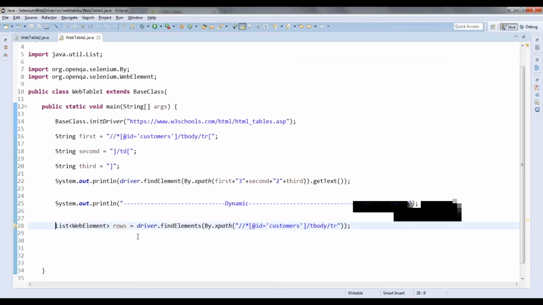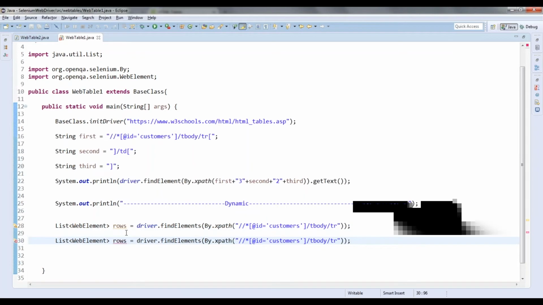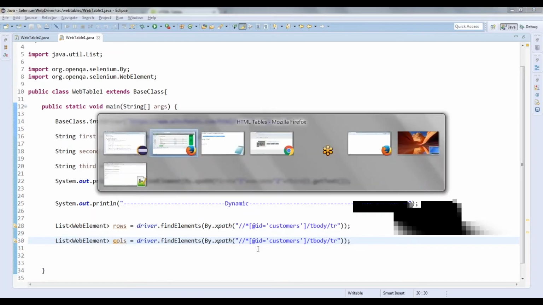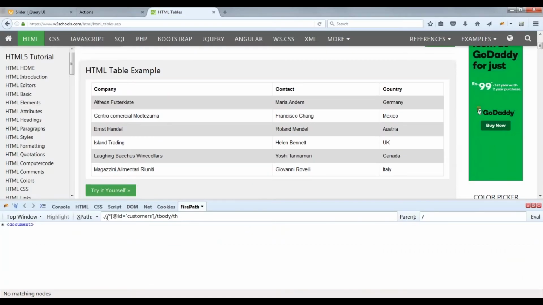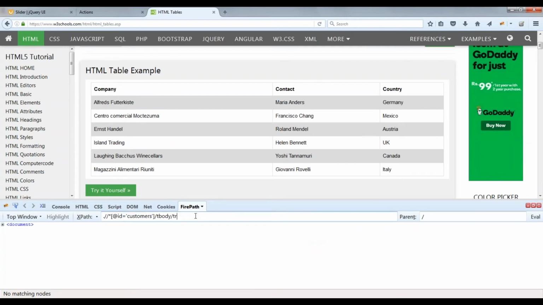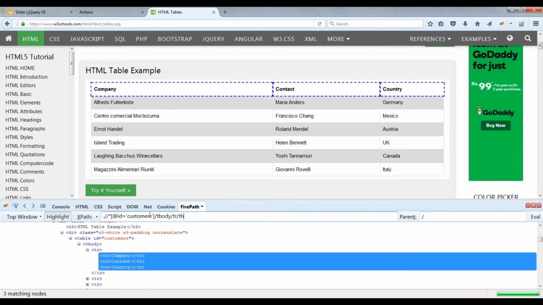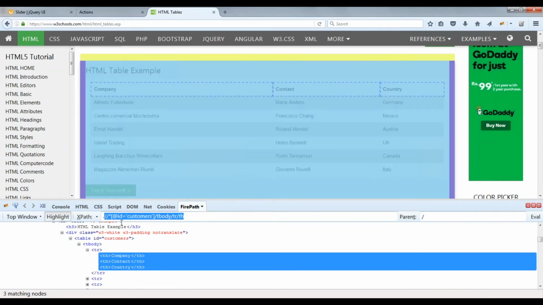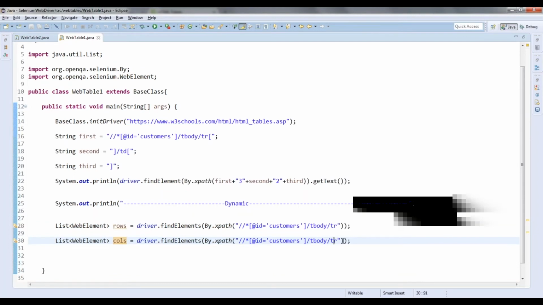Once again, let me take it here, that is columns, by XPath, and my XPath is up to TH. I'm sorry, not directly TH, inside TR only I will have TH. So let me go here, take this particular XPath and put it there. I will just change it here, that is TH.